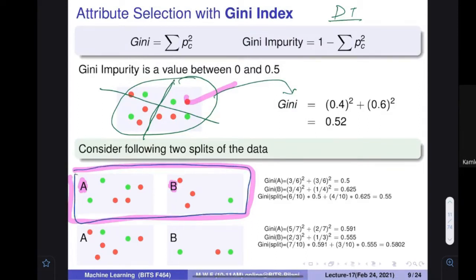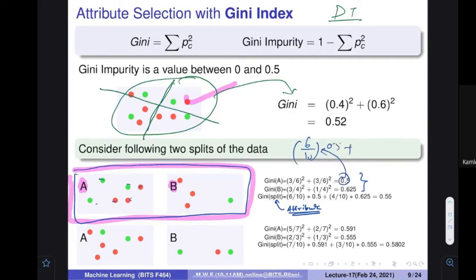This split is understood to happen with respect to an attribute. There is some attribute with respect to which this particular split has happened. So for that attribute, if you want to find out the Gini value, you find the weighted summation of these two quantities. What is the weighted summation? 1, 2, 3, 4, 5, 6. So it is 6 by 10 multiplied by 0.5